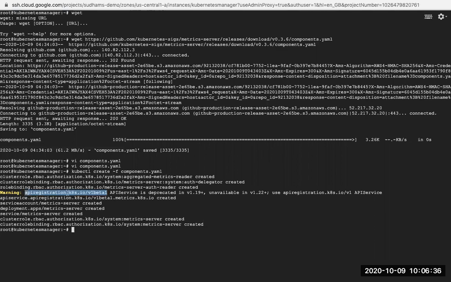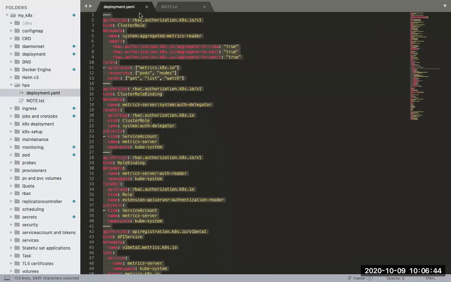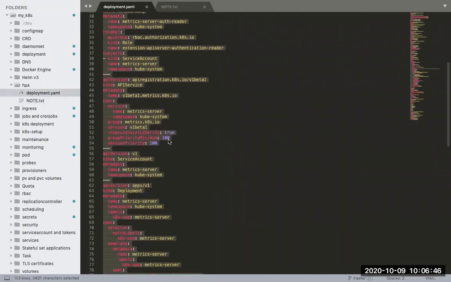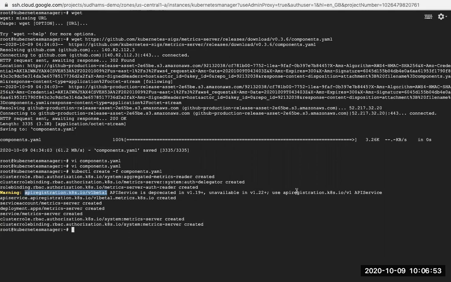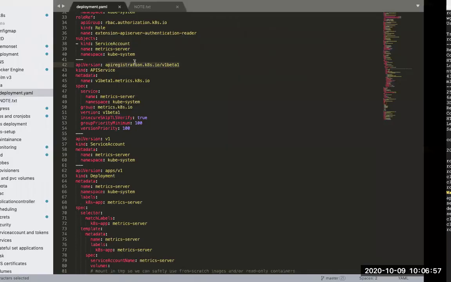It is saying that this API version is deprecated for this particular component which we are installing, and they are saying that please try to use this one. Let me try to note that down.